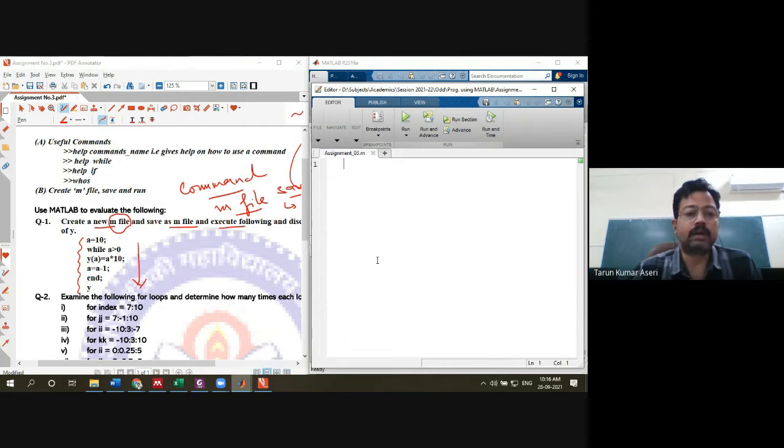Now I write a = 10 with a semicolon, which means I am declaring the value of a. Now I provide the condition: while a is greater than 0, that is, a positive value, y(a) = a multiplied by something, some mathematical computation.